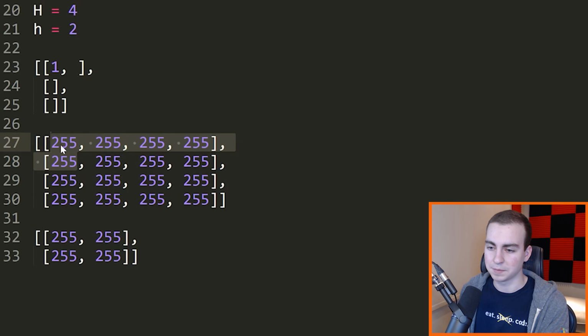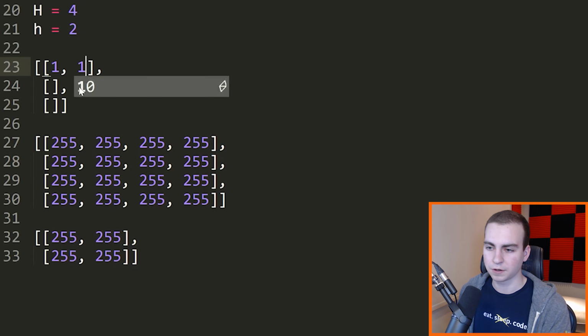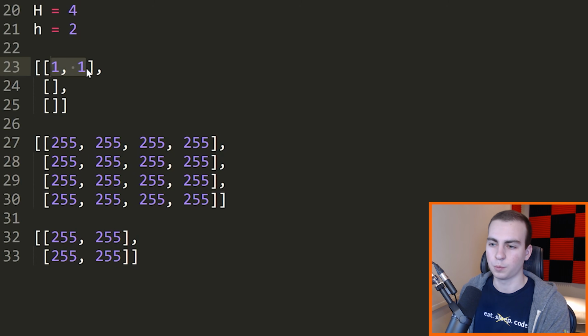So the first 2 elements in the arrays at line 27 and line 28. And then we'll look at these 4 elements, which are kind of in the middle here. I'm kind of circling it with my mouse. So we look at those and we do the same thing. We say, how much does this match? Well, it matches perfectly. So we add a 1 now here in our output array.